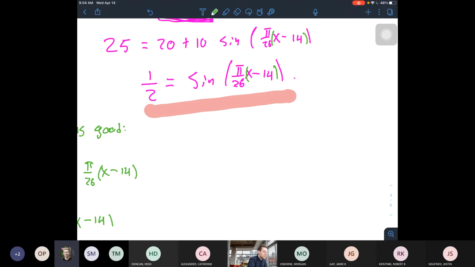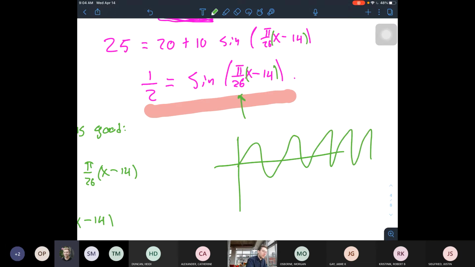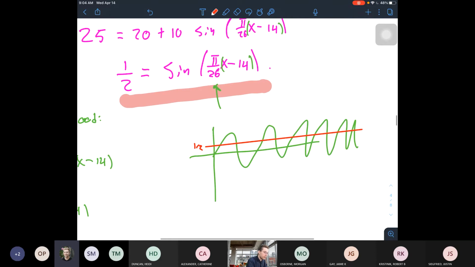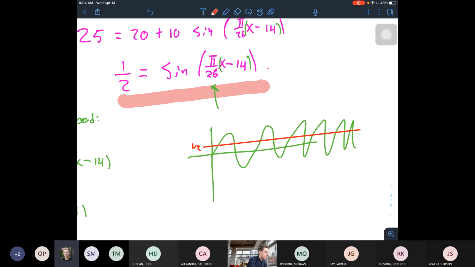This function looks like a sine function, so if we were to graph it, it looks something like this, wiggling all over the place. And then 1/2 is somewhere here, and we check where all the solutions are of 1/2 equal to this sine function. And the problem with applying the sine inverse function is that you will only find the